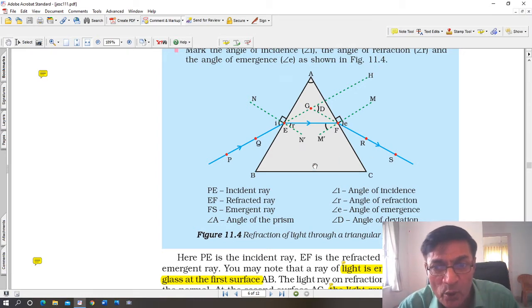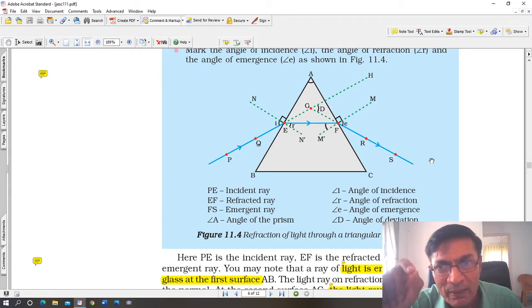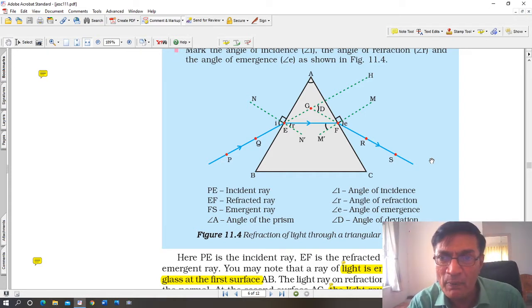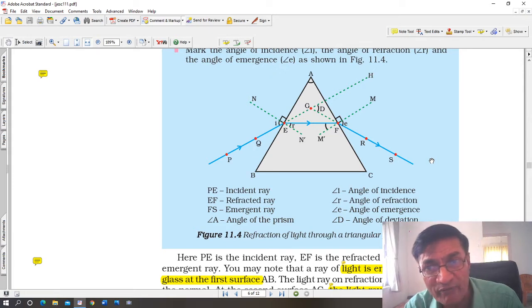So now you have got four pins, P and Q, and their images R and S. R and S are the images of P and Q. और वहां पे इमेज के ऊपर हमने एक पिन लगा दी R और S के ऊपर. Alright. Now remove the glass prism. With the help of a pencil and scale, draw a straight line connecting P and Q, and the outline of the prism. Point E is on the outline of the prism. Point F is on the outline of the prism there. From E connect it to F with a blue line, and from F connect R and S.